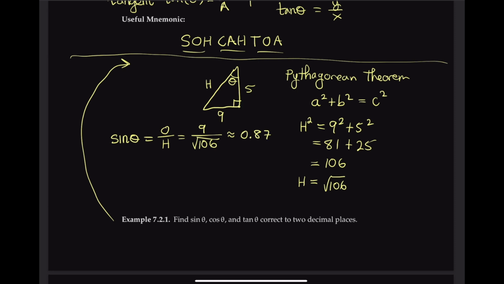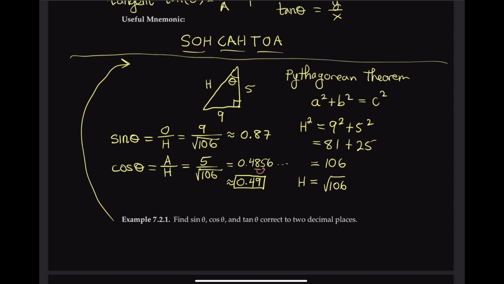Now we'll compute the cosine of theta. That is the adjacent over the hypotenuse, and we can write that as what we have. The adjacent is 5 over the square root of 106. So going back to our calculator, we can compute that as 0.4856. The second decimal place is what we want to round to, so we look at the next one. That's a 5, and if that's 5 or above, we're supposed to round up. And so this is going to be 0.49. And again, I should technically use an approximation symbol there, because this is not an exact answer,